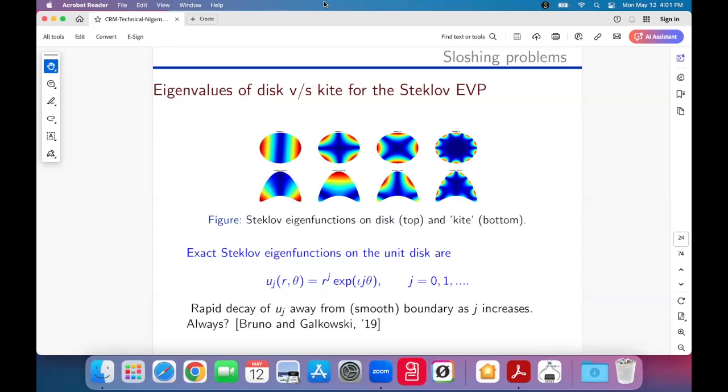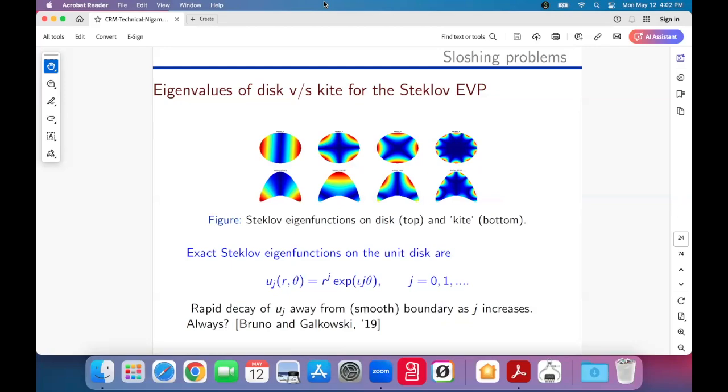Okay, so please, I am not saying that this is the only way to solve the Steklov problem, and I'm not saying mine's the best way. That's not what I'm saying. I'm trying to show you there's a vast literature in numerical analysis on the Steklov problem. However,